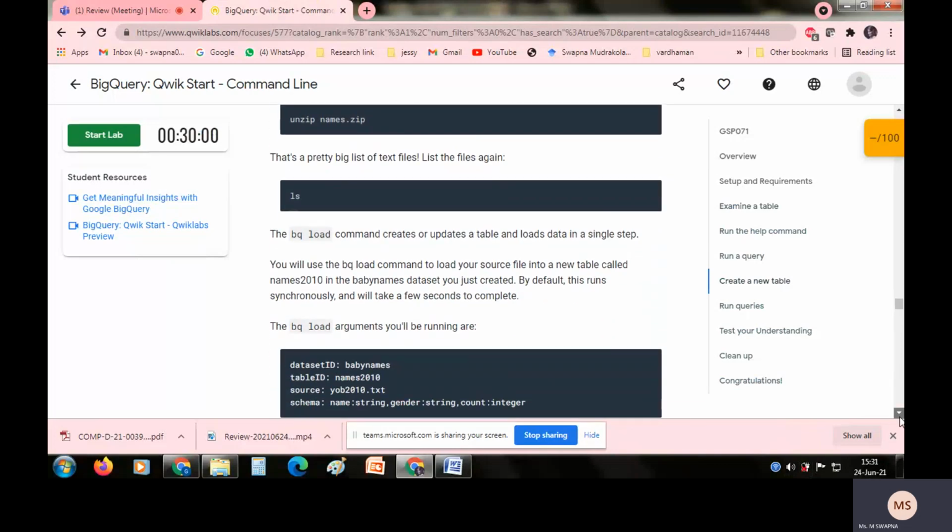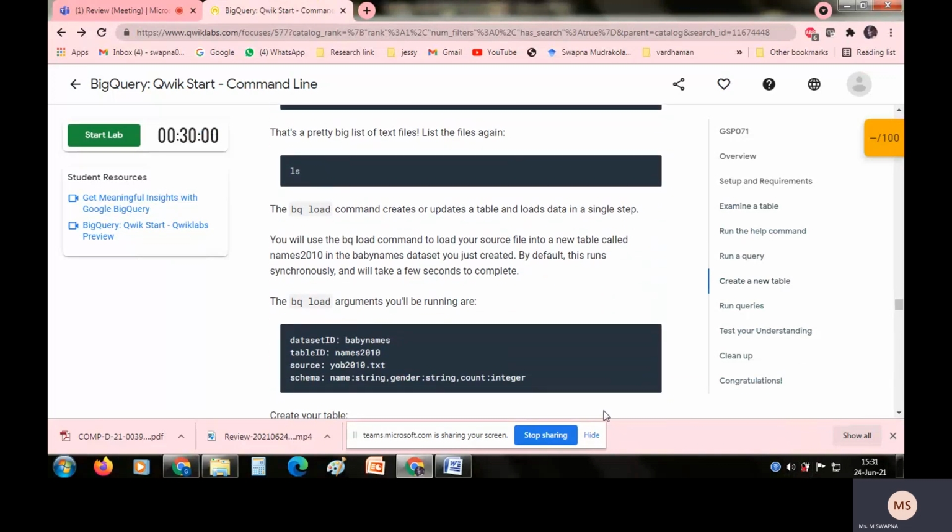Once you unzip that, you are able to see the content. Now you have to map the file you have downloaded in your project to baby names. So you are specifying dataset id as baby names, table name is names 2010.